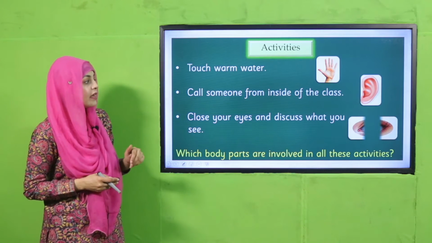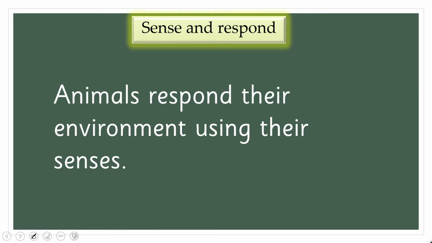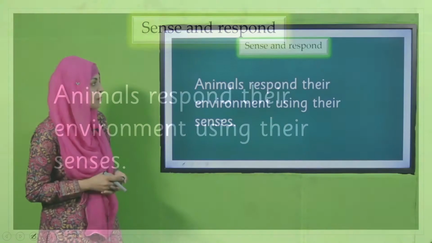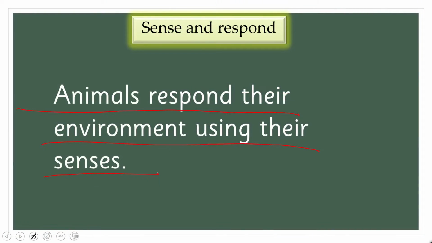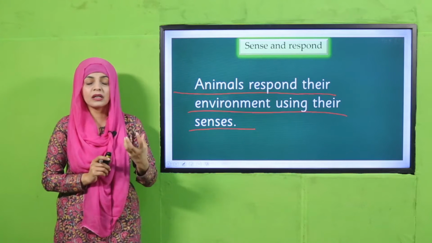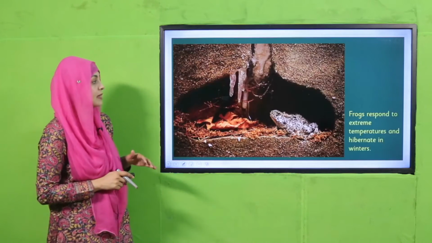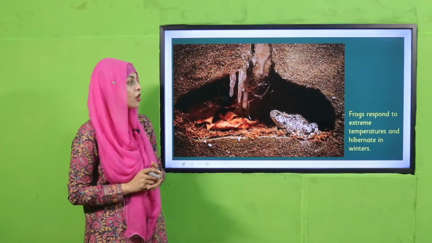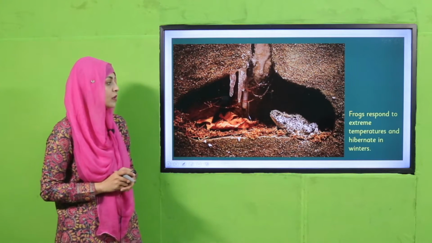sense of touch, hearing, and the other person who is telling about that, so वो देखकर सारे environment के बारे में बता रहा था। So sense and response, animals respond to their environment using their senses। ठीक है, animals इर्द गिर्द की environment को respond करते हैं with the help of their senses। So my dear students, frogs respond to extreme temperatures and hibernate in winters।